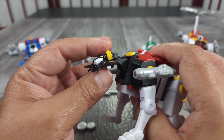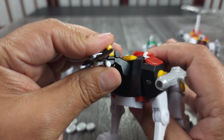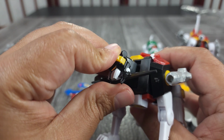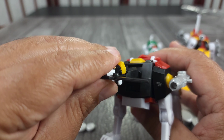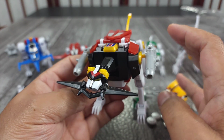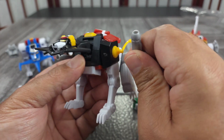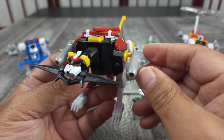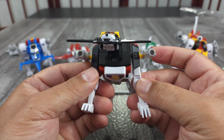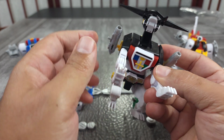I already went over his head that I don't like, but he does get side to side like this. So that's great. He can get all the way down, of course, and he gets all the way up, which is insane. He has the holes right here for weapons. Oh, well, actually, they're little pegs, and these weapons are peg on. And his articulation at the shoulders is right here,